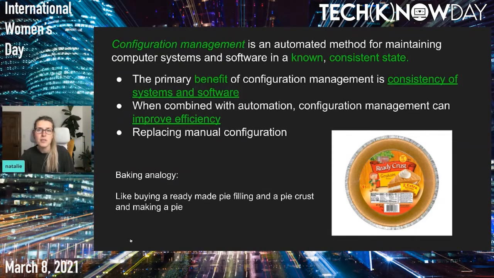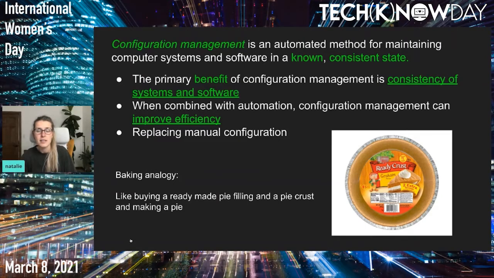And there are many benefits of understanding this concept, because configuration management will provide consistency of systems and software. And if we combine it with some automation, it will create a lot of efficiency in the processes. As I mentioned before, it will completely replace manual configuration, which is very tedious, for example, during the incident